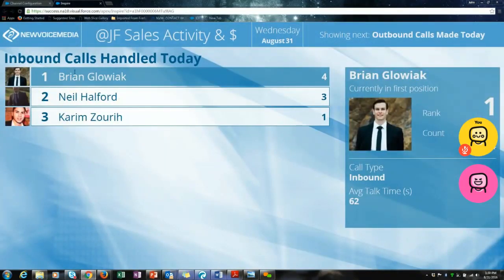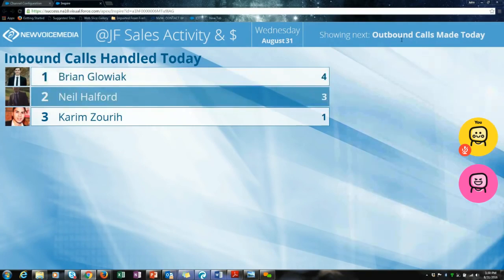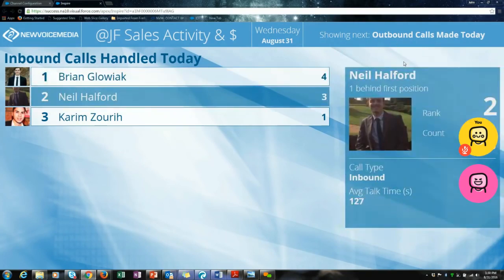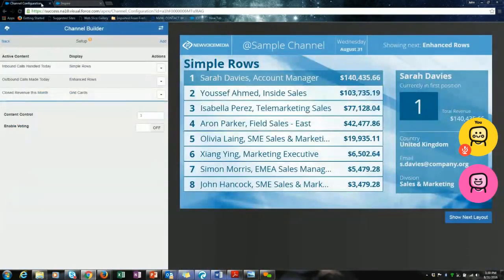When you take a look at what that looks like in your call center, you'll get a series of cascading views that show the inbound calls handled by the group. The next channel it goes to is the outbound calls, and then finally it goes to the revenue. That's a neat way to take some of the motivation and bring it outside the system, and make it public and fun and visible to everybody. So let's get back into